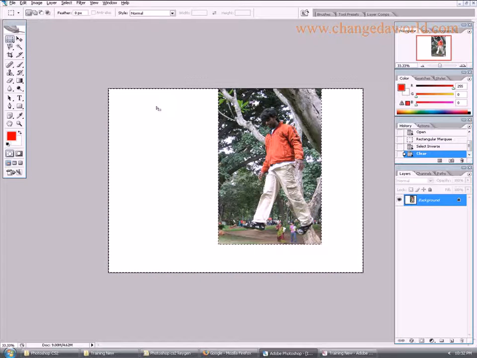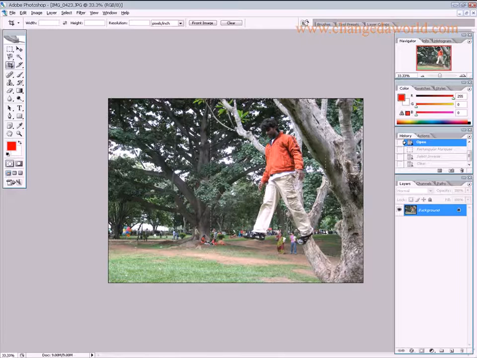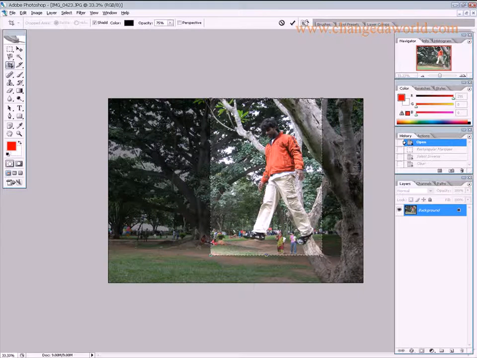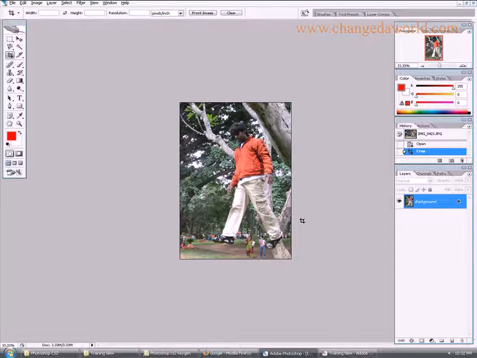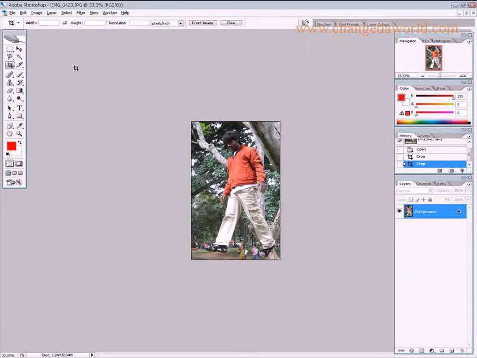I can do that, but what about these white backgrounds? I don't want this particular area, I just want this image. Let me undo this. Let me select the crop tool and then make a selection. To make a selection, just click once, drag, and then release. You can adjust. Then I can always come back here and I make adjustments, right, and then press enter or double click inside the selection. The image is cropped, right, and again I can come back here and again crop it, right. Now let's close this